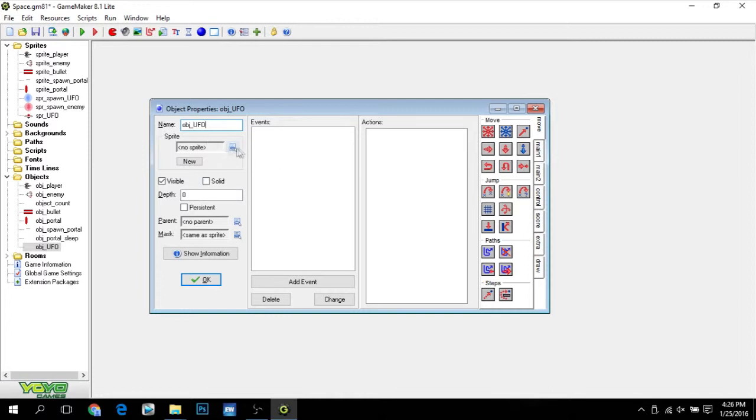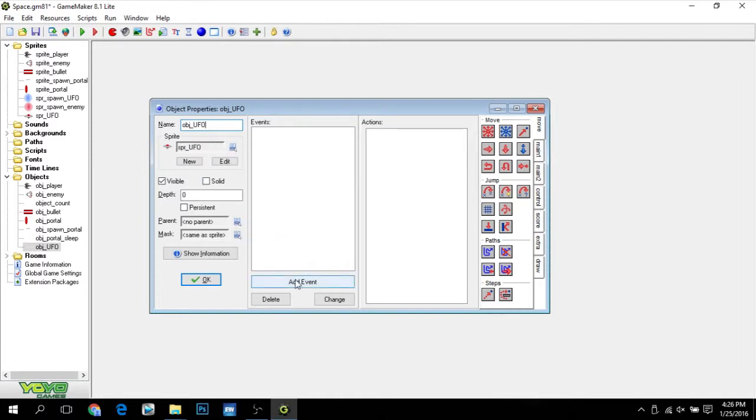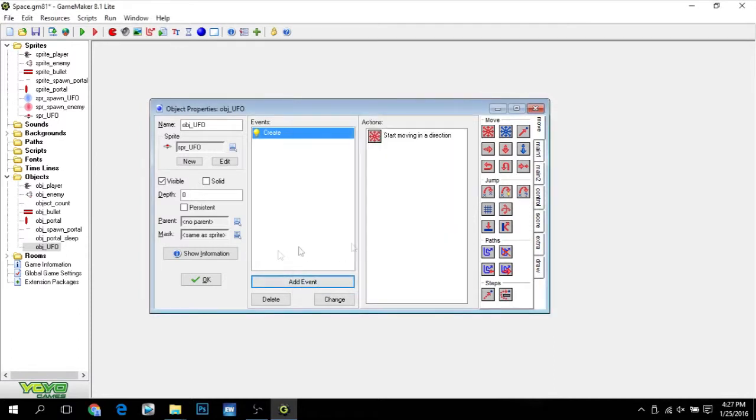Now, when we get to making our object UFO, we're going to make it just like our object enemy, where we add a create event, and we just have it move left at about 8 pixels. So we'll press OK,